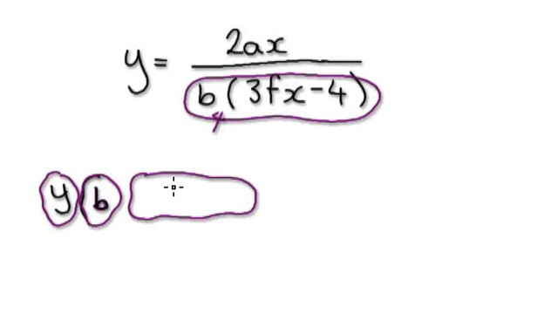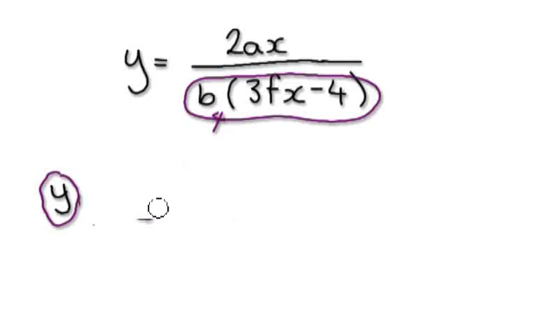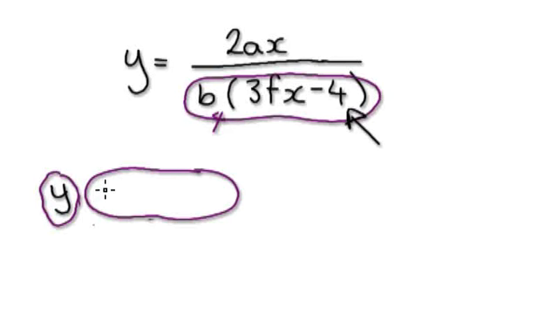Let me do this again. Sorry. So here, multiply both sides by this big bubble here. So let's do it as this. You've got b bracket 3fx, take away 4, and then close it. That's what you're doing. Equals